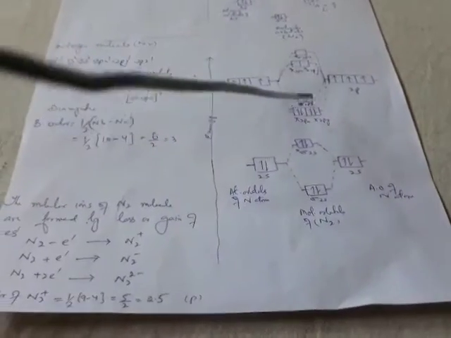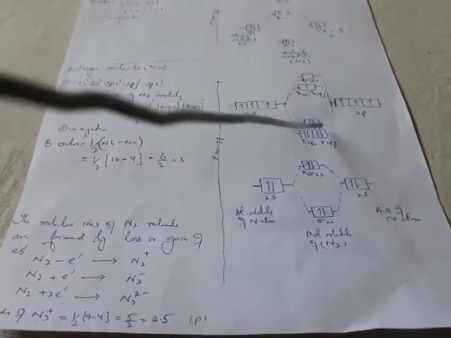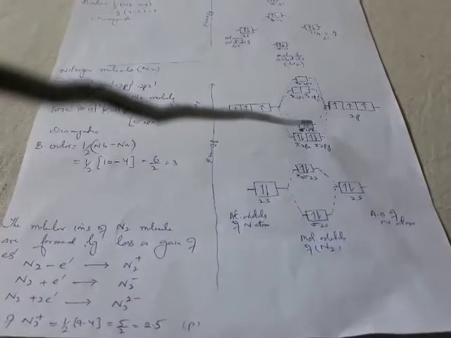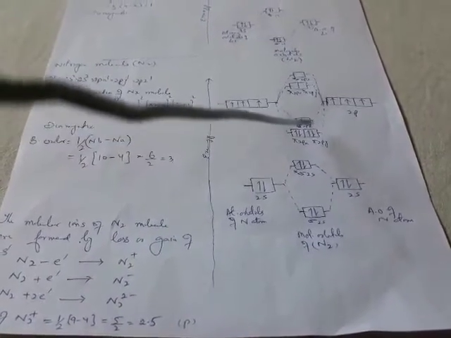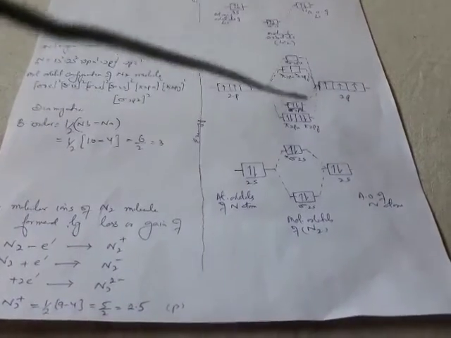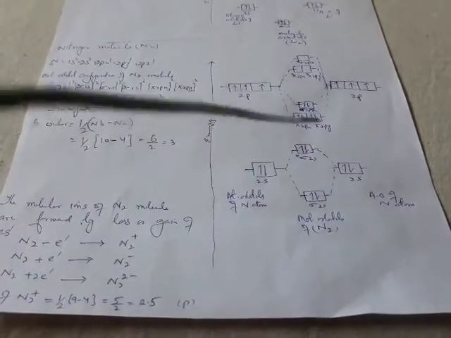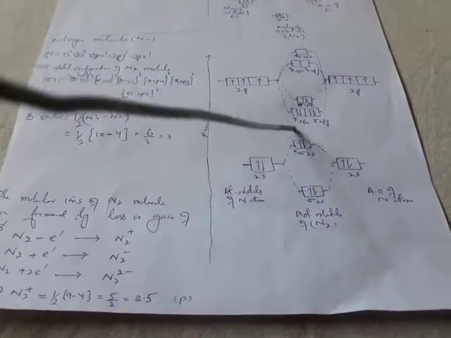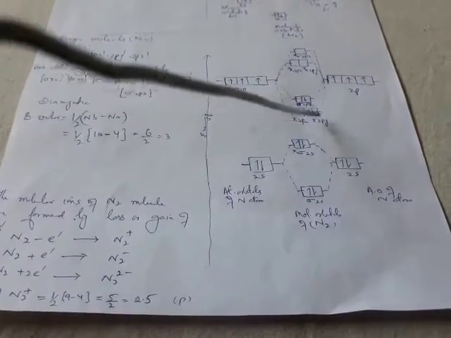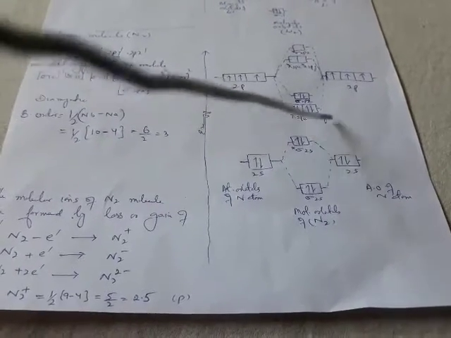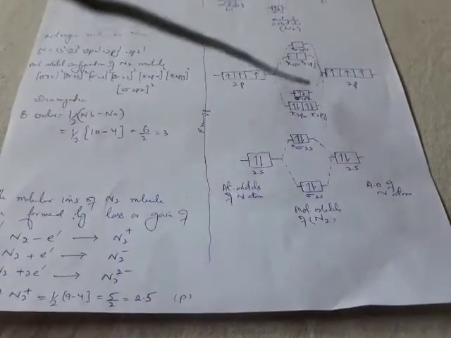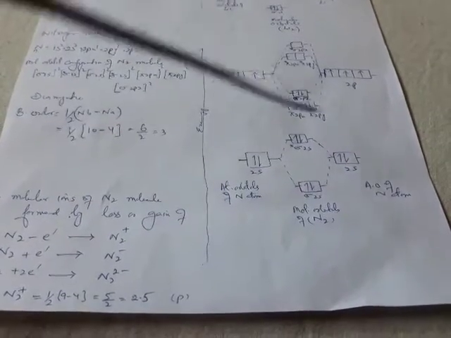We are considering the symmetry of the molecule, that is the internuclear axis, the axis between the two nuclei. It is taken along the z axis. That is why this is 2pz. It gives rise to the formation of the sigma bond, whereas px and py give rise to lateral overlapping. So we get pi 2px and pi 2py, and these are formed by lateral overlapping, whereas sigma 2pz is formed by the direct